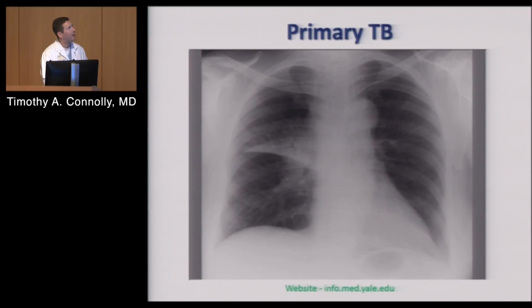We talked about primary TB, and again, this right here is going to be the posterior segment of the right upper lobe. Here's the fissure that's demonstrating it. Could it be aspiration pneumonia? Sure. Could it be another lobar pneumonia? Yes. But again, if this was somebody who came into the emergency room wearing a Houston Chronicle hat,